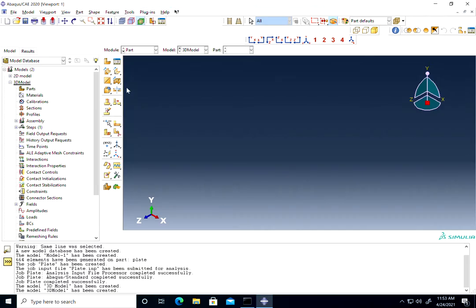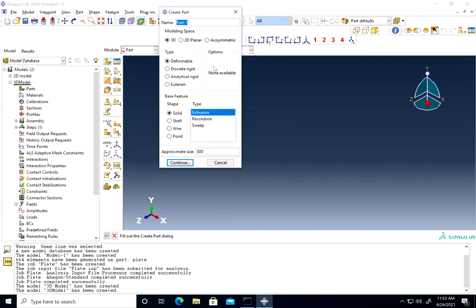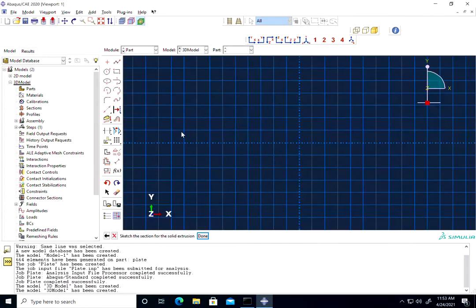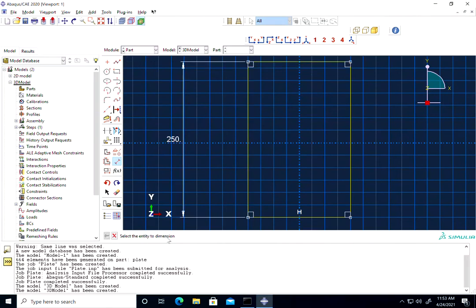So let's go to Abaqus. We create a part. The model is 3-dimensional, deformable, and we use solid, and we use extrusion as the type for this model, and continue. Similar to the previous video, I create the whole plate first, and the dimension of this part is 250 millimeter, and this one is